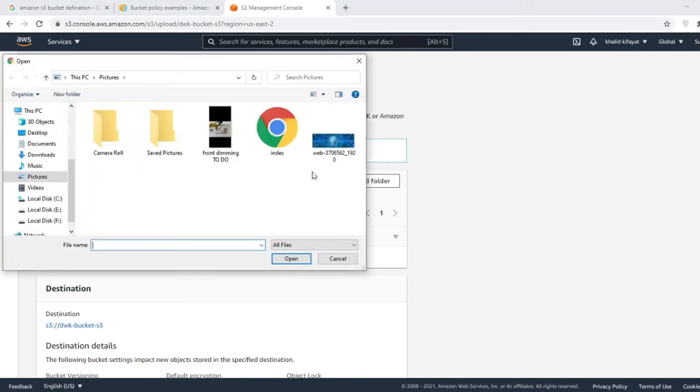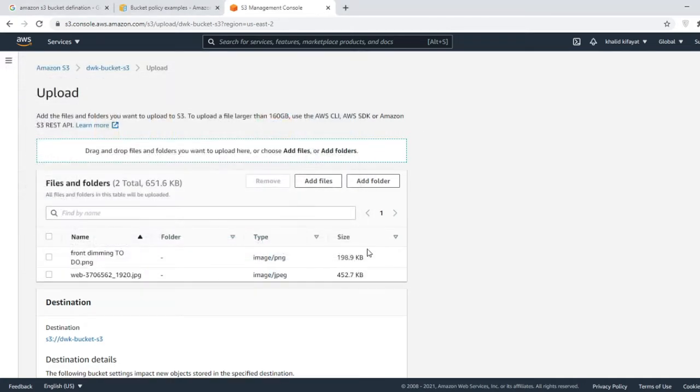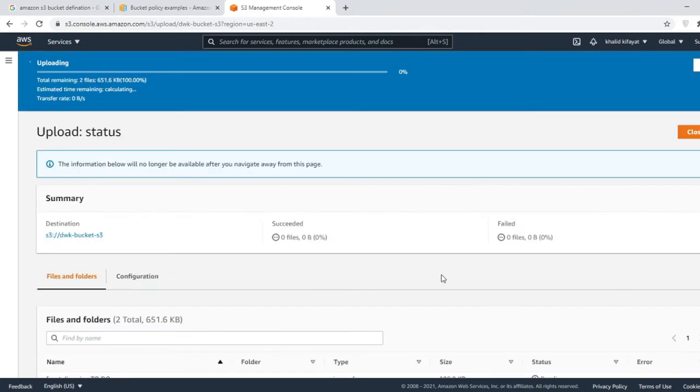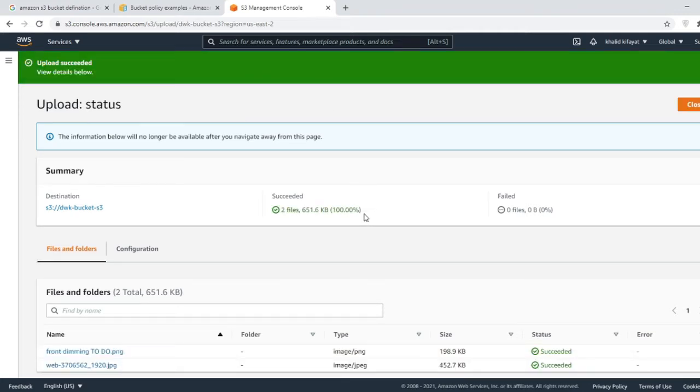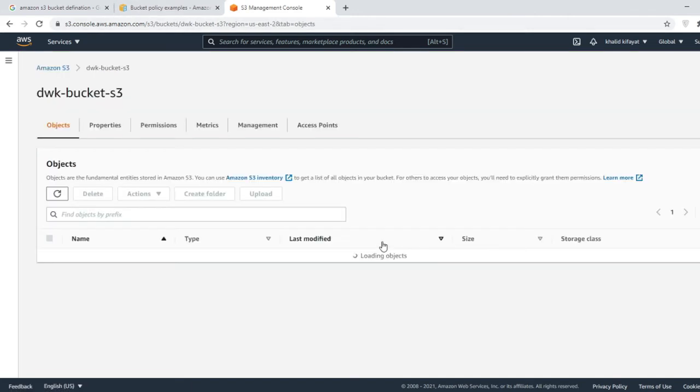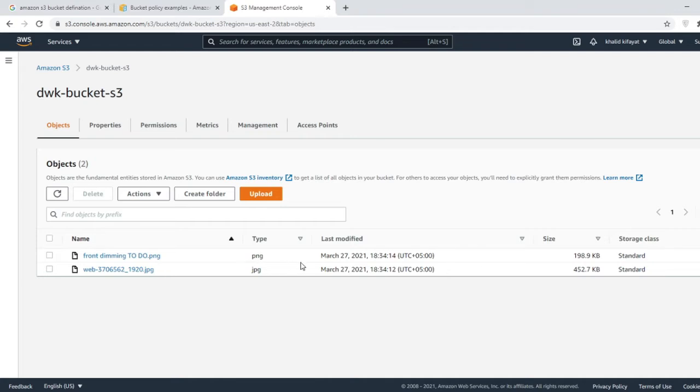Then I am adding the second file. Then I am pressing upload. Okay, so these are now uploading. So uploaded successfully. Let me close this. Okay, so these two files are now placed inside the bucket,